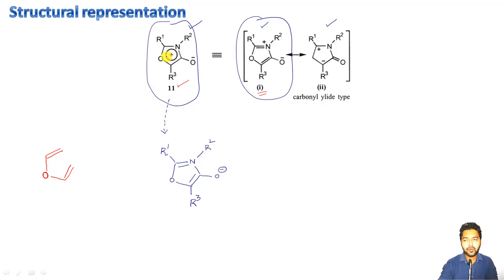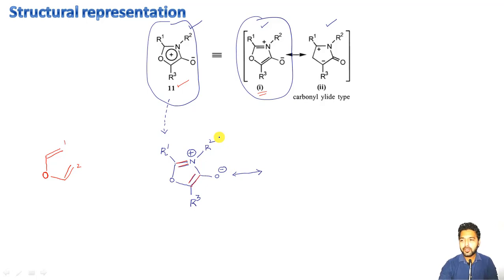vanish this circular positive charge from here, and what we just have to do is what? We have to mark 2 double bonds, the first one here and the second one here, and it should always be like this. Okay, so with respect to this oxygen, this is the first double bond here, and this is the second double bond, and obviously now a positive charge will appear on this nitrogen atom like this, right? So that I can now represent it in the form of a second resonating structure.